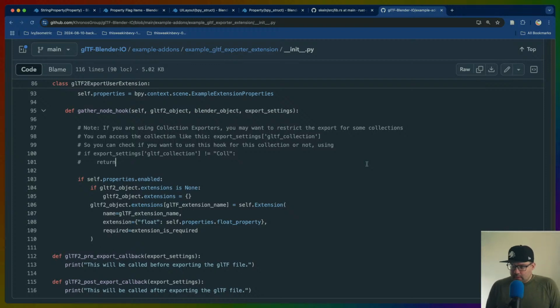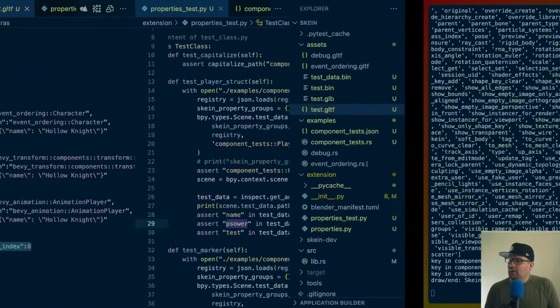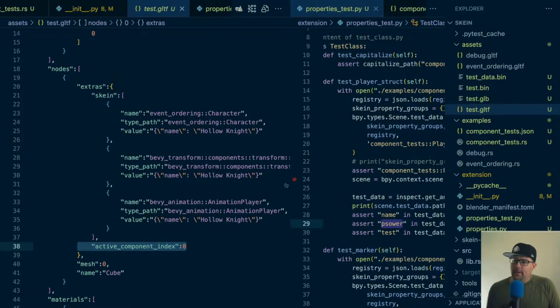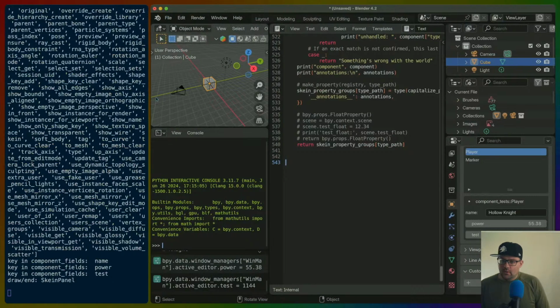So a glTF export extension might be one of the things we want to do. I haven't looked too deeply into that, but it might help fix some of this kind of problem, and we might be able to put things in different places. So it's worth looking into at some point. But for now,